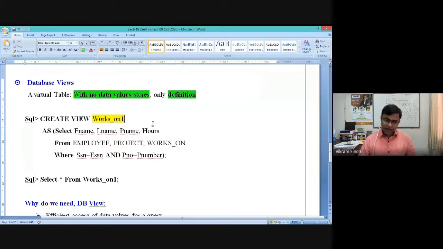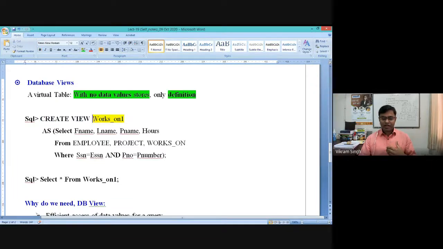Now how to create a view? This is the typical syntax. It is like create view, as in the case of a database table, because a view is also a table, so the syntax will be the same. In creating a database, the instruction is create database db1, because there is no need to mention attributes. But in the case of tables we do create table, then in brackets we mention the list of attributes, their constraints and data types. Similarly, because a database view is a virtual table, we will say create view.